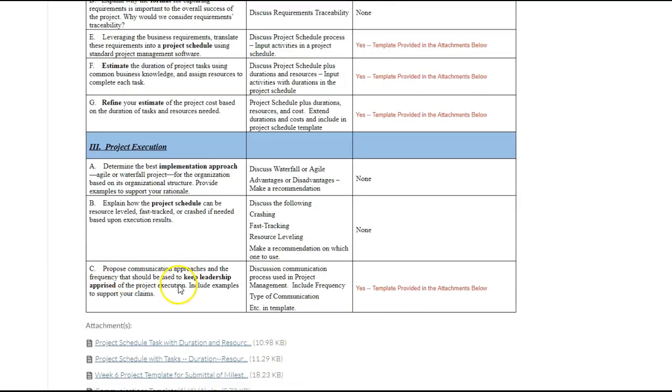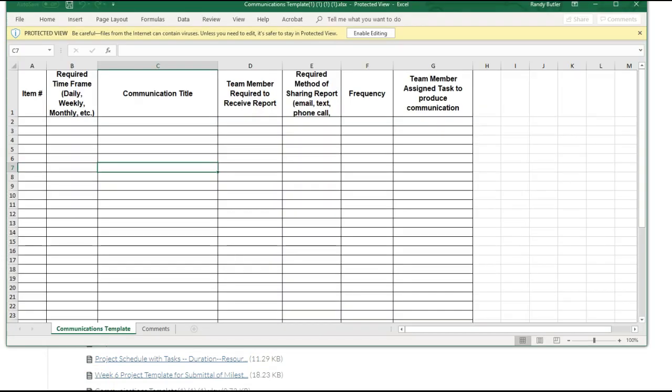And finally, what we talked about this past week, week 5, in communication approaches, I do have a template for that. Let me see if I can find it here. This is a straightforward template. I know we talked about the communication plan. You can discuss the communication plan in your